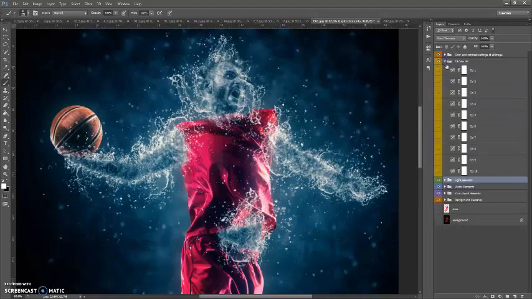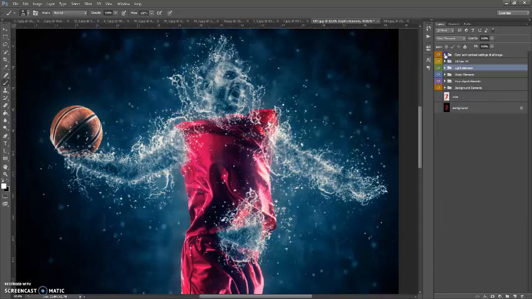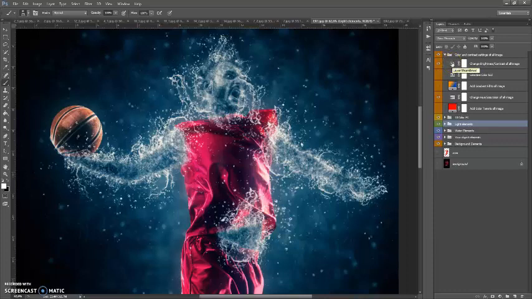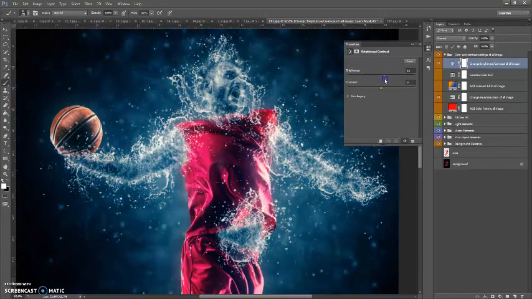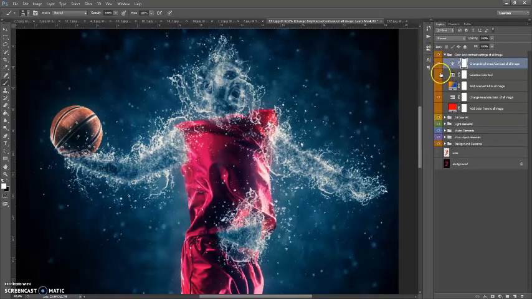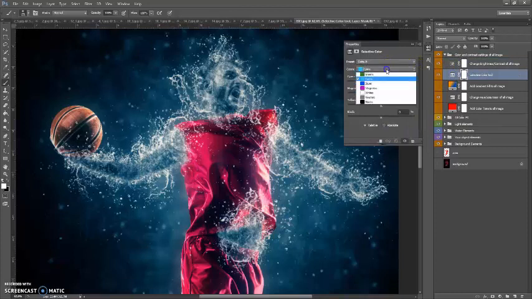And the next folder, it's Ten-Color FX. And the last folder, it's color and contour settings of all image. In this folder you can change brightness and contrast of all image. You can change the selective color. It's a very interesting tool. If you want to change the reds colors, just select colors reds and move the sliders. If you want to change blues colors,